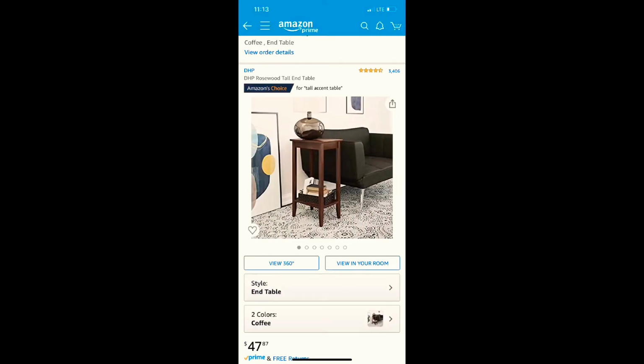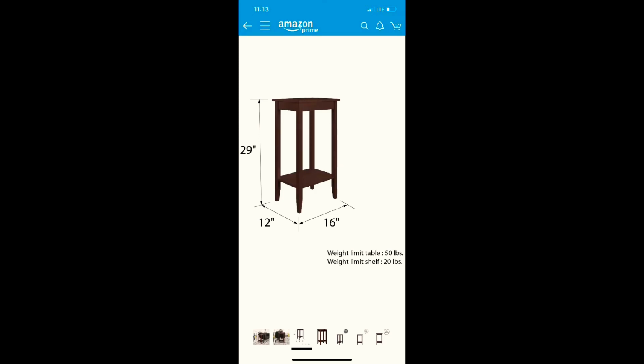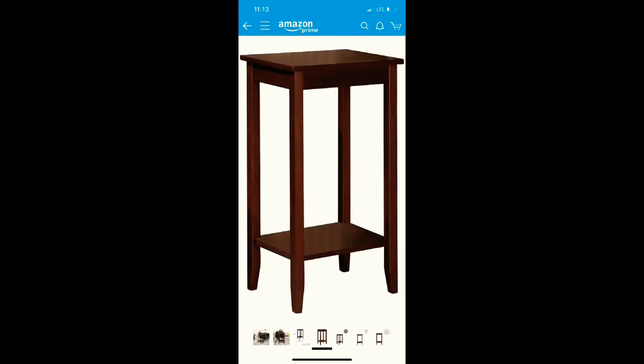This is the DHP Rosewood Tall End Table. It's a functional accent table with a lower shelf. It's made of solid wood and wood veneer construction. It's lightweight, it's got a 20-pound weight limit on the shelf and a 50-pound weight limit for the table. It measures 29 inches by 12 inches by 16 inches and comes in 2 different colors, either coffee or gray,